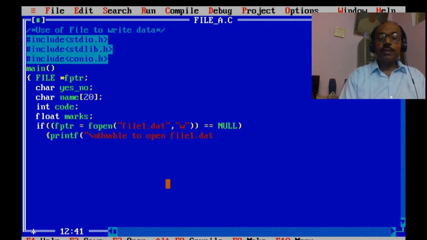It is a precaution. Generally we use this to see whether the file has been successfully opened or not. Exit.